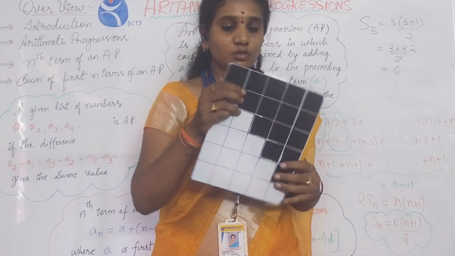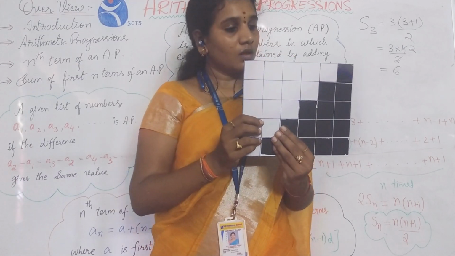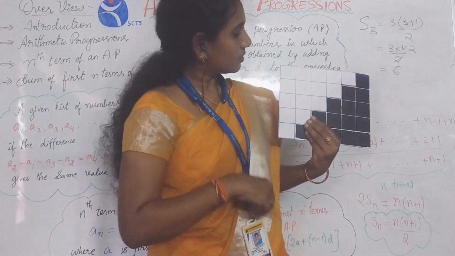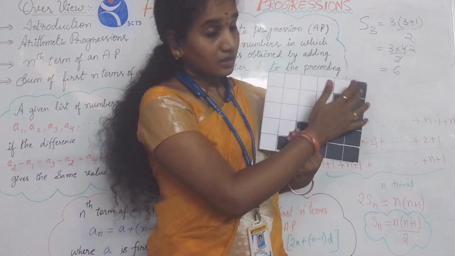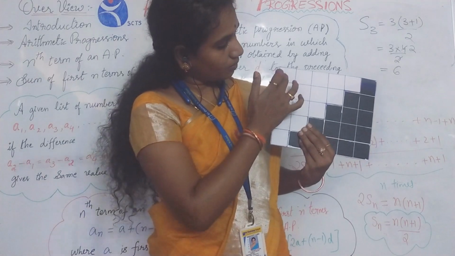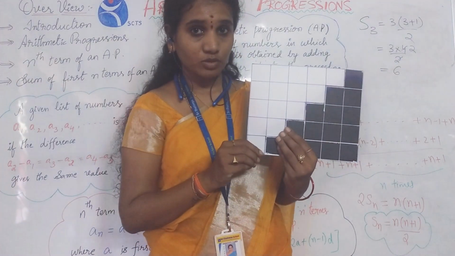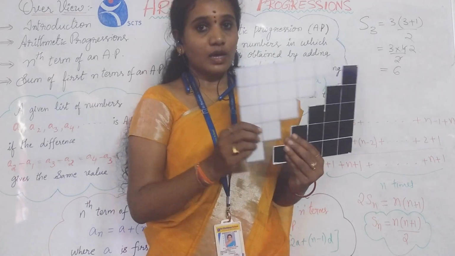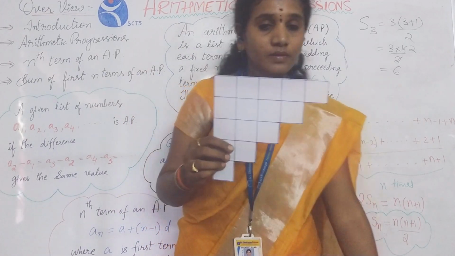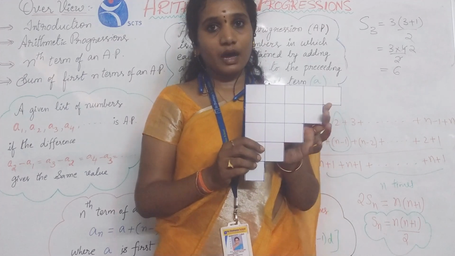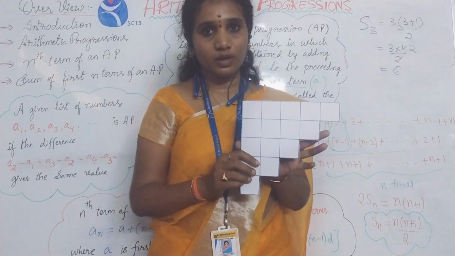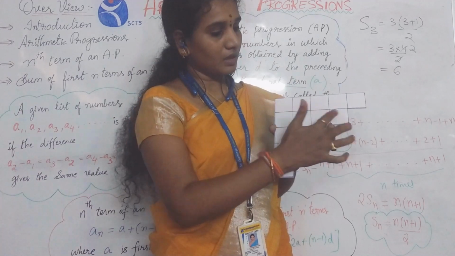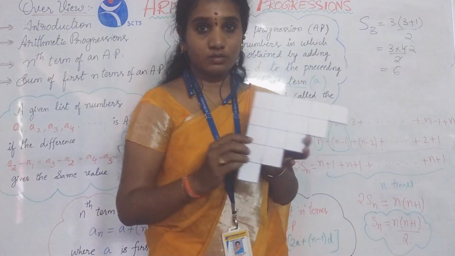A rectangle is formed, if you observe. Now calculate the length and the breadth. 1, 2, 3, 4, 5, 6. The length is 6 units and 1, 2, 3, 4, 5. The breadth is 5 units. So the area of this rectangle is 30 square units. Now as these both are two equal halves, the area of this part will be half of 30, which is 15 square units. You calculate 1, 2, 3, 4, 5, 6, 7, 8, 9, 10, 11, 12, 13, 14, 15.